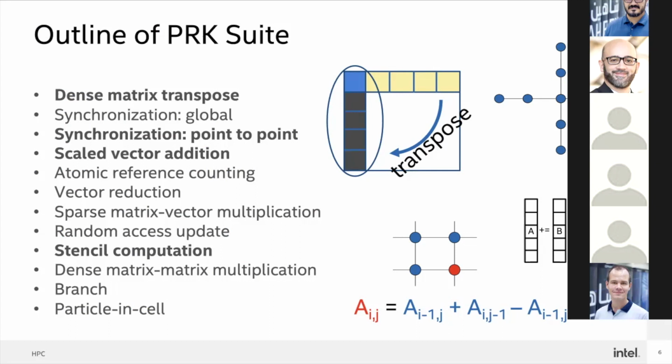It's also the intersection of solving PDEs and doing convolutions and image transforms, which of course I think people now understand as being really, really important from an AI perspective, but people have been doing Gaussian blur in Photoshop for quite some time, and that's really just a stencil kernel. And so because Intel sells computers to more than just physicists, it is important for us to have some representation